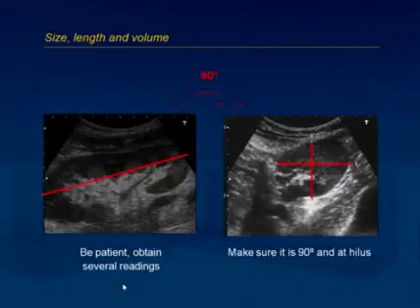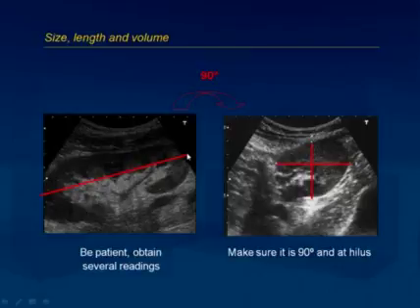How is that done? That is done by placing the transducer on the longest length of the transplant, as shown on the left hand side, and then rotating the transducer by 90 degrees. This is what beginners usually find extremely difficult. The best way to do it is usually to look at the transducer and your hand that holds the transducer, and not look at the screen. And actually, in my ultrasound courses, I will usually cover the screen with a cloth to make it easier for the beginner. So what you do is identify the longest length of the transplant, have your transducer